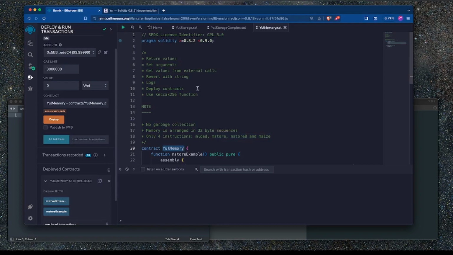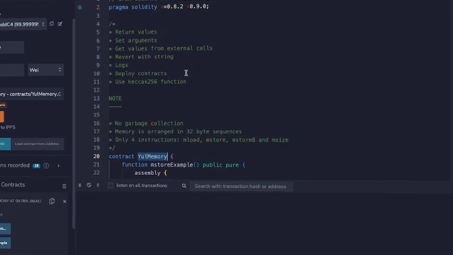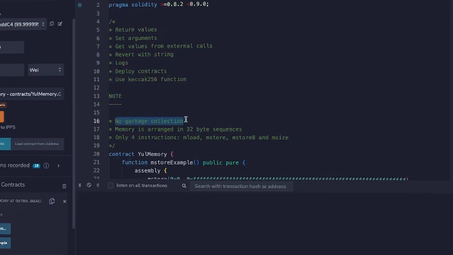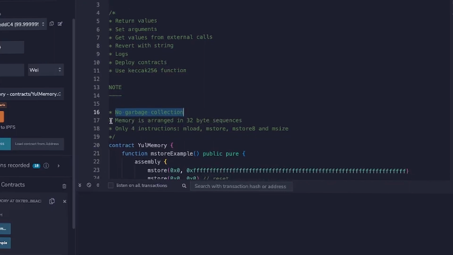Now before we begin though, I just want to explain the reasons why we need memory when we're working with Solidity smart contracts. I've listed the key points here. It's really just for returning values, for setting the arguments, for getting values from external calls, to be able to revert with a specific string, for logging or emitting logs, for deploying new contracts, and to use the Keccak256 function. Now please note that with Solidity there is no garbage collection for memory, and the organization of memory